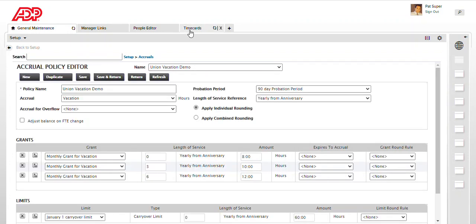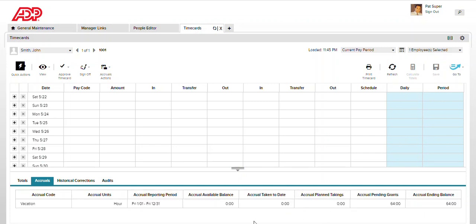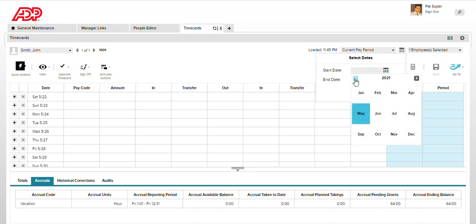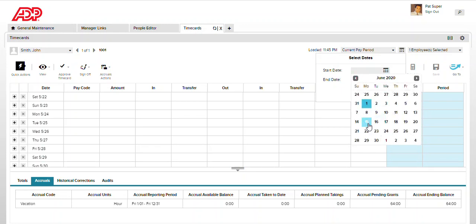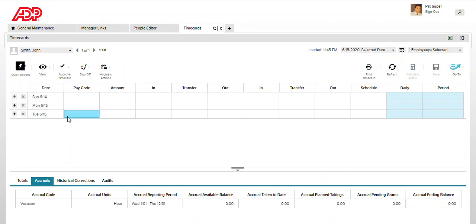Here we go, and let's go back. So this was our configuration. Let's go to the time card, accruals. So this is what we see currently, but let's go to the hide it, and let's see. As of now there's nothing because we've added the policy, new policy, and I'm going to put a punch,